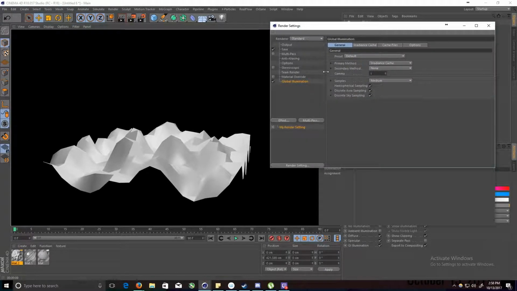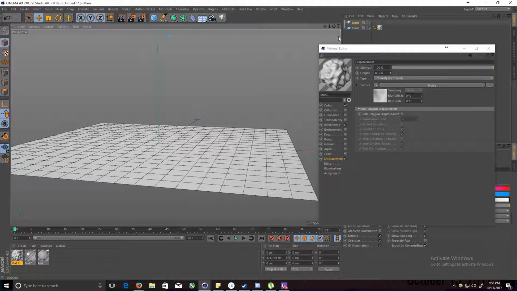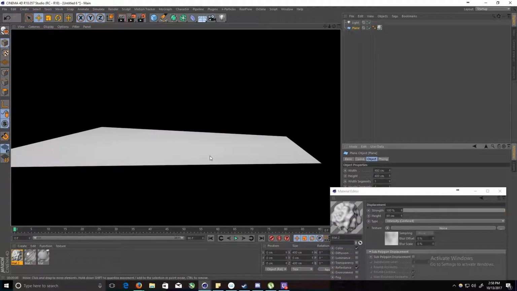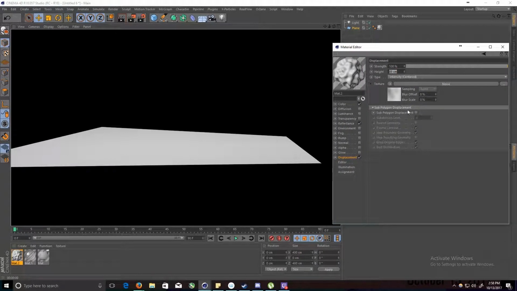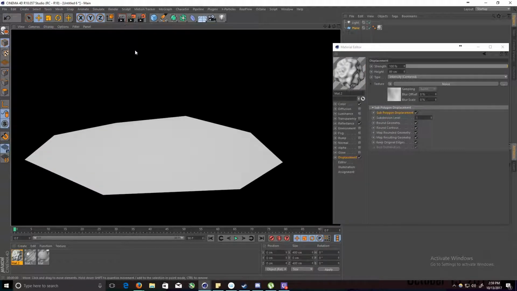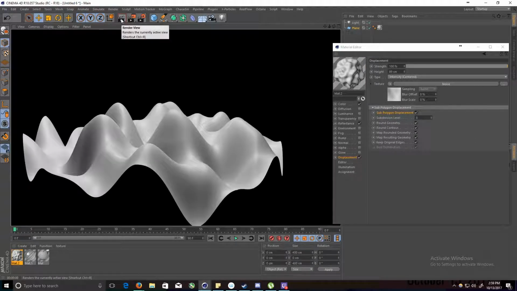There are no smooth edges, and that's because the mesh I'm working with does not have a lot of polys. If I lower this even more to 1, all I get is one crooked polygon, because that's all I'm working with. However, in the displacement channel, if I check sub-polygon displacement on and subdivide it once, now I have maybe 8 polygons. If I subdivide it 8 times, which is a lot, now I have some detail to work with